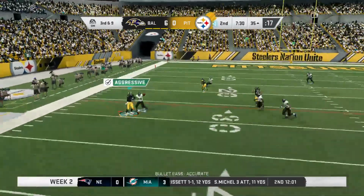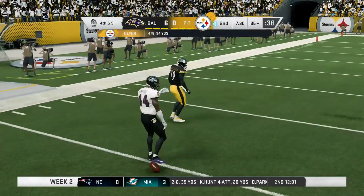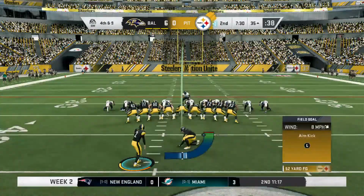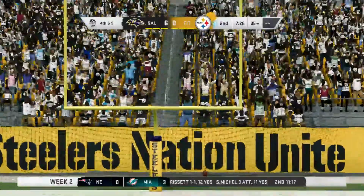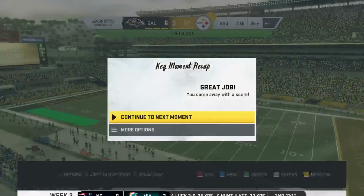To throw on third down, Lynn looks to throw, fires right side, and that's going to be incomplete. Now for the field goal try, here's Eddie Pinheiro. This will be kicked from the 42. It's a 52-yard attempt. And this one looks good. It is good. Right down the pipe. And they are...